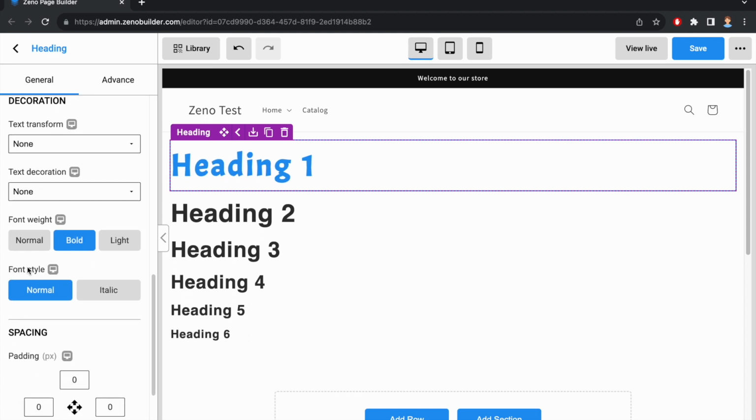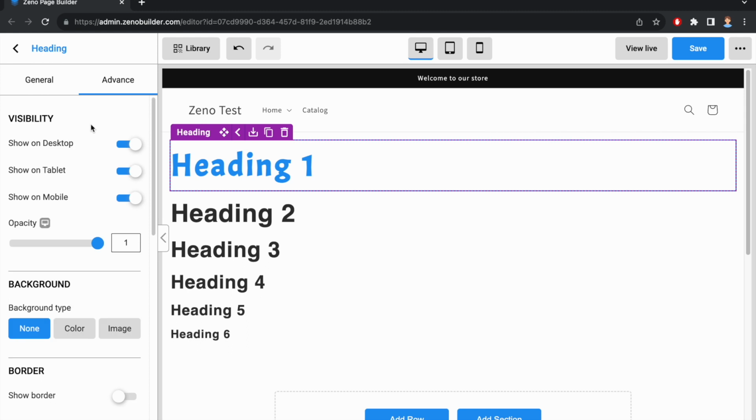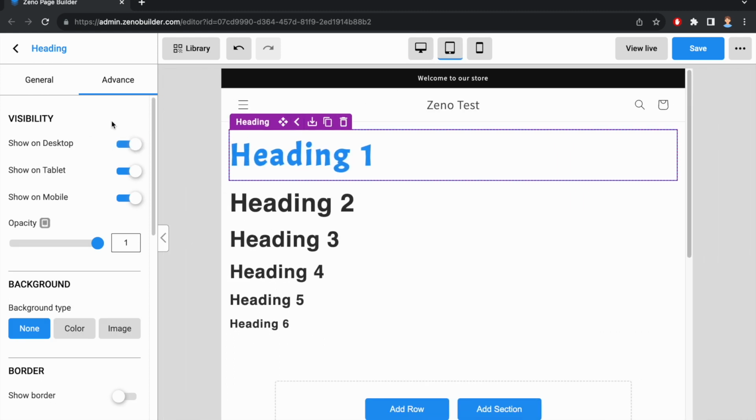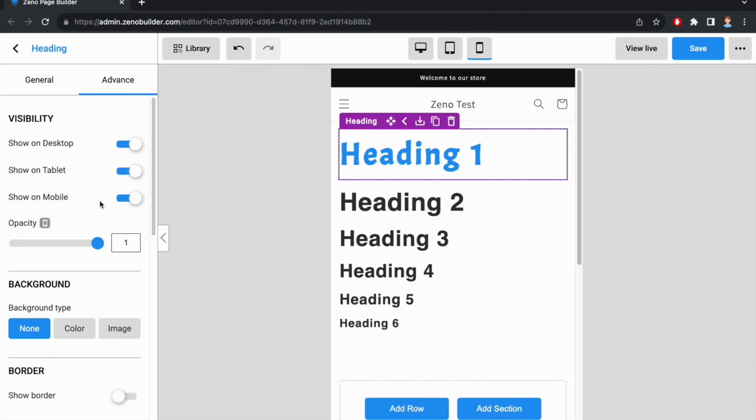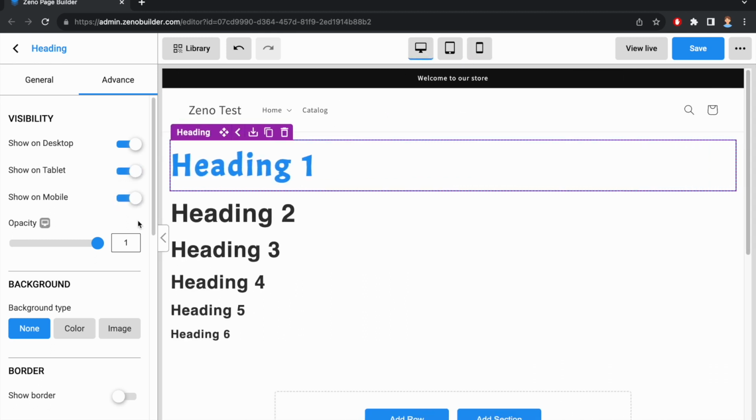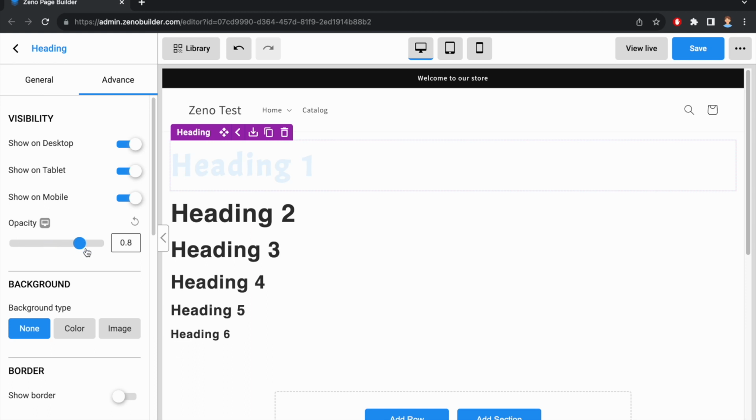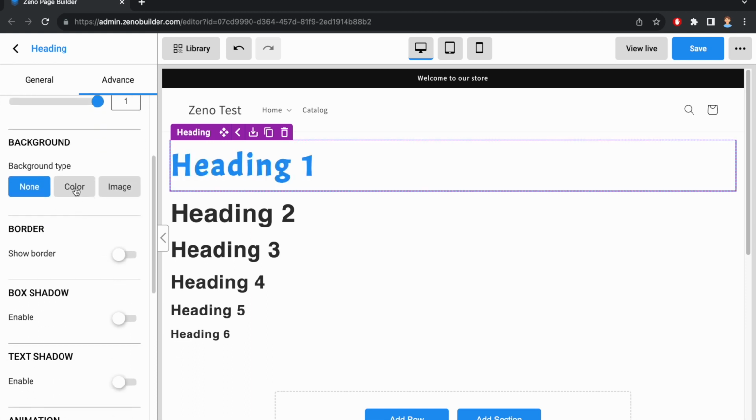Next, we have font style. You can set the heading to italic or normal. Go to Advanced tab. You can toggle on and off visibility for the heading on desktop, on tablet, or on mobile, like this. You can adjust opacity for the heading, set a background for it to a color,